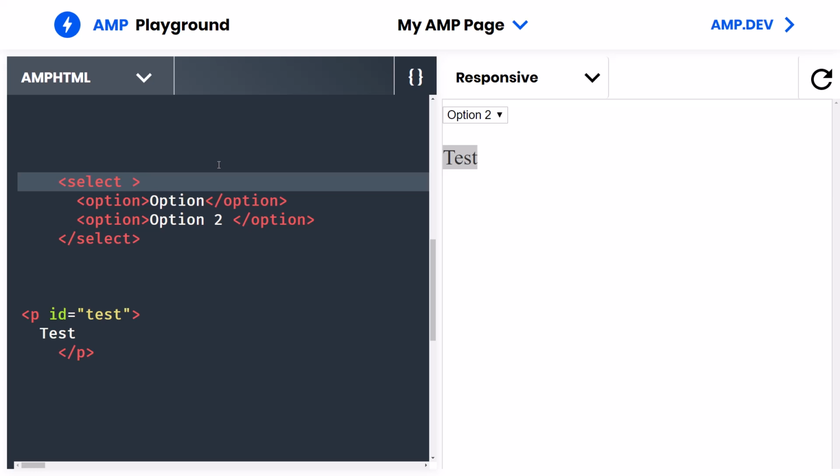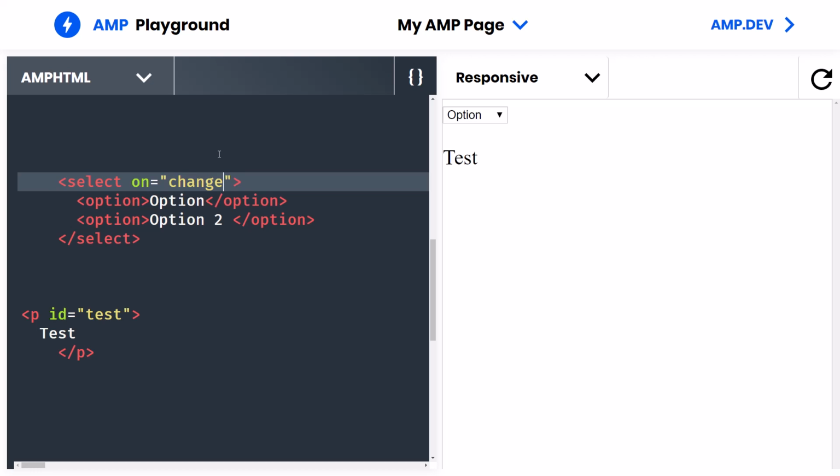So the way to do that is we use the on attribute equals quotation marks, and remember that the first thing we must add after on is the event that we're going to perform the action on. So you have to really think, what do you want to accomplish on what event? For example, do you want to hide the text on click of the option, or do you want to hide the text on change of the option? So you're thinking, I want to hide it whenever I change the option in my select dropdown. So for this, we have to use the change event.